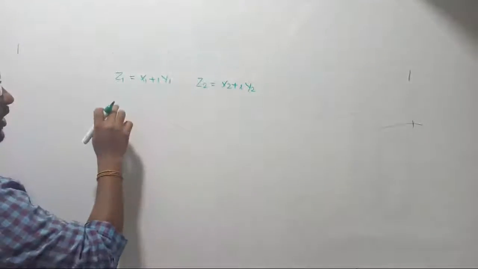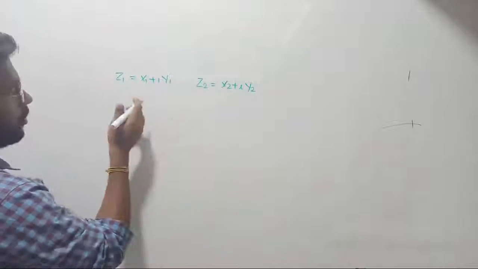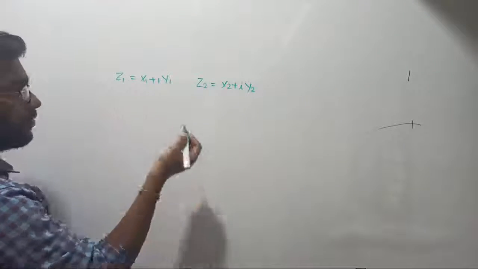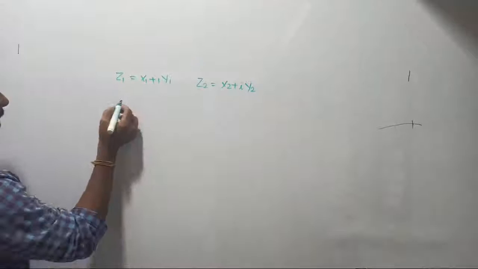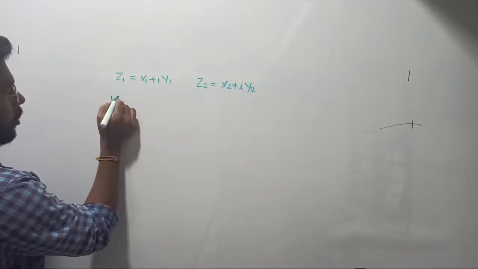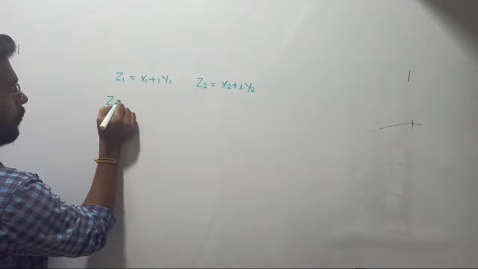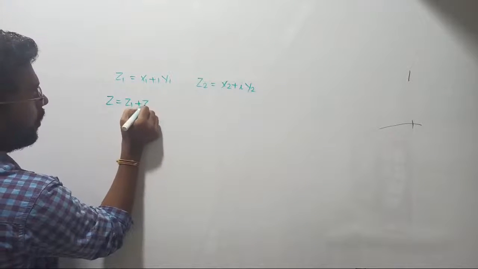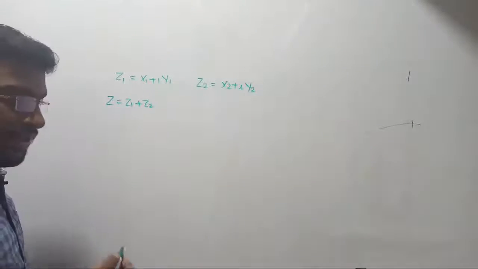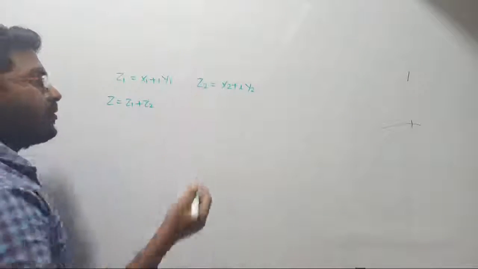I'm just asking you, if you want to find out the total magnitude or the total phase angle, we know what to do. Now see there, if you want to add them first, if you want to know the total value like z1 plus z2, as we studied even in network analysis, when two complex variables are there